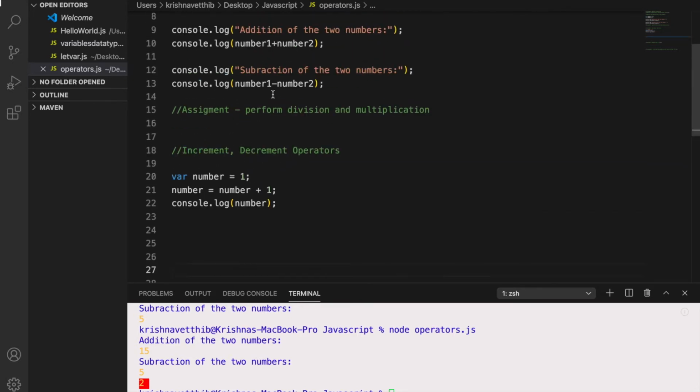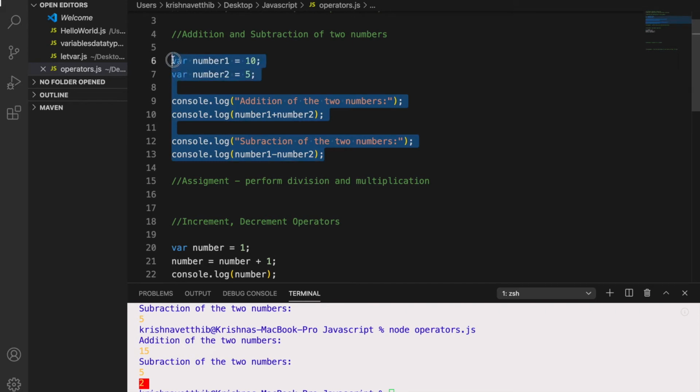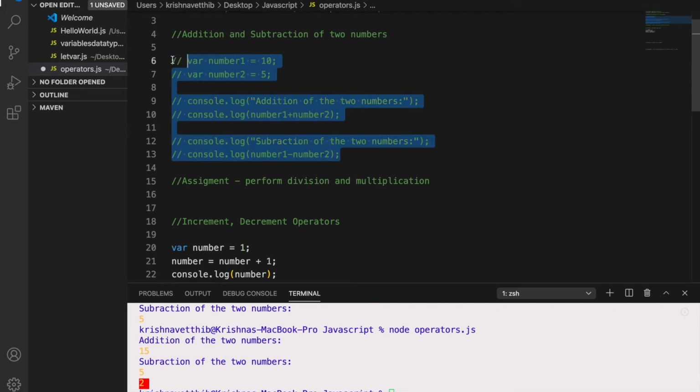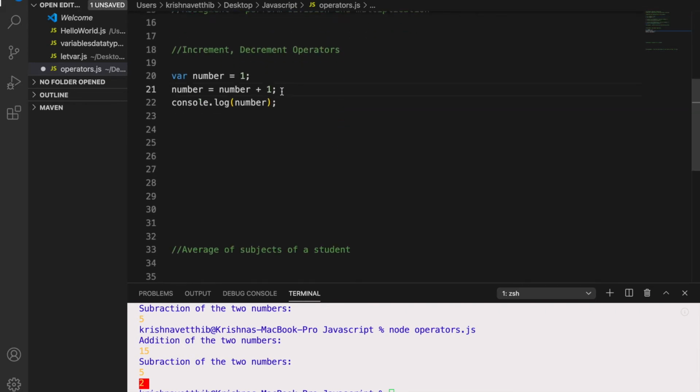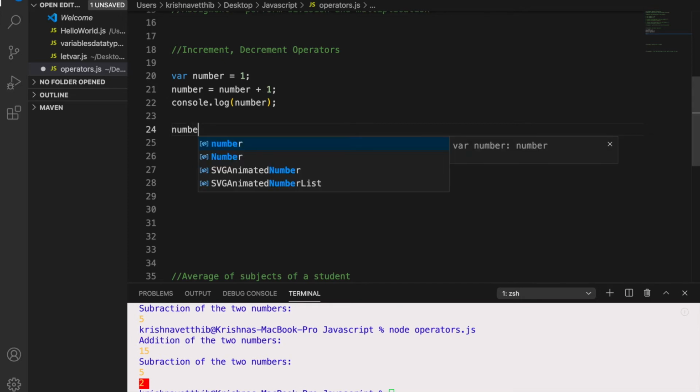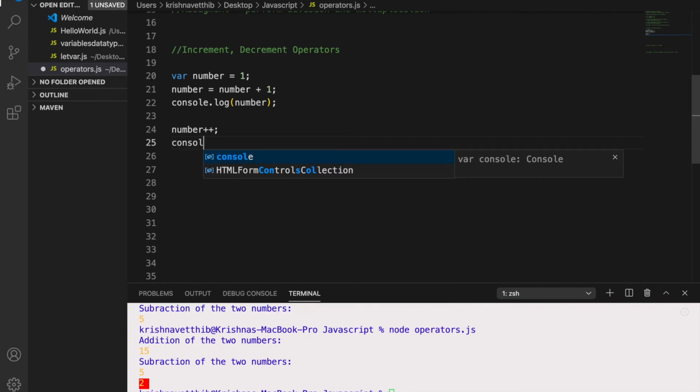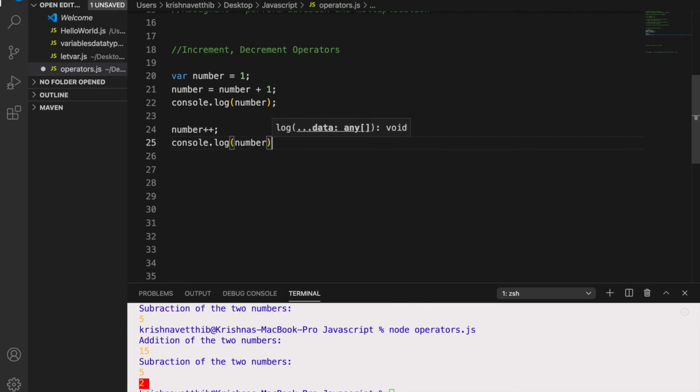Now let me comment this code out. This is one way of incrementing the number. The other way is number++. If I write number++ and console.log number, let us see what output we are going to get.